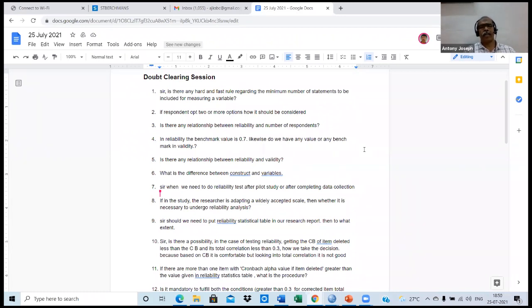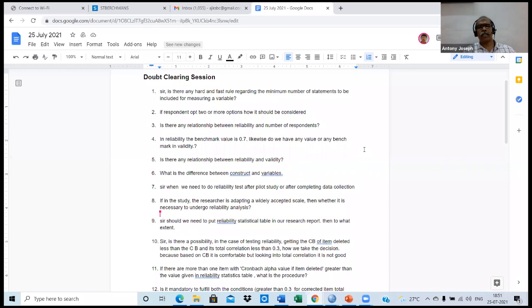But even then, say for example, if an American management expert, say, take the case of Morgan and Hunt or Jagdish Sheth or such other people have done a work and their scale is available. Okay, the scale is accepted. Now the question is whether you want reliability analysis.